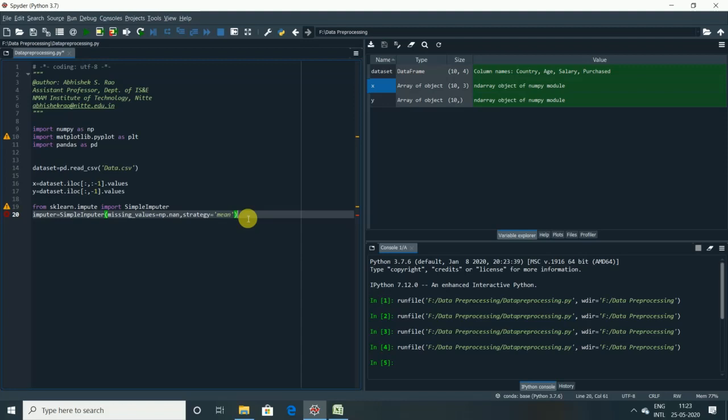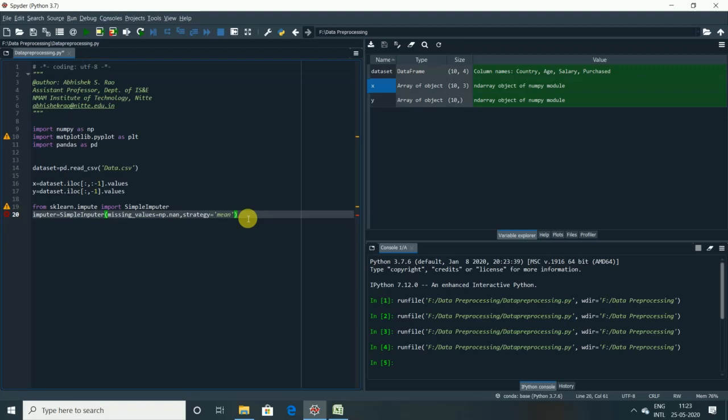imputer.fit. Before that, we should know that a class contains an ensemble of instructions, but also some operations and actions which you can apply to other objects or variables. These are called methods or functions, and one among these is the fit method. The fit method will connect this imputer to the matrix of features. It will look at the missing values in your salary column, and it will also compute the average of the salaries.